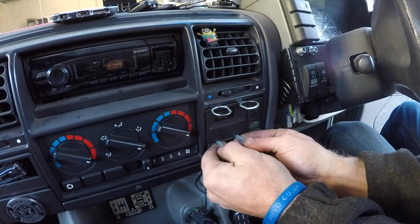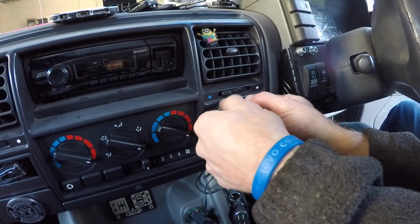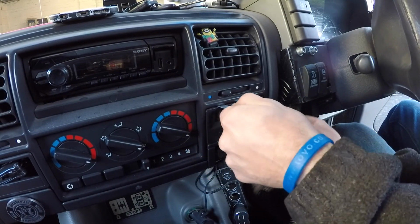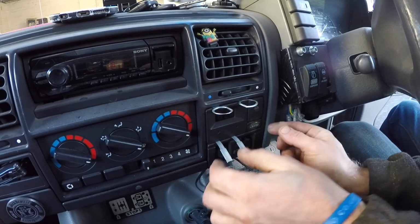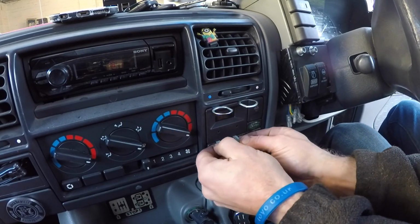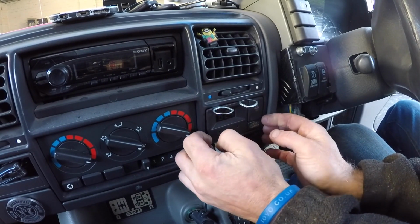Now it's just a case of wiggling a bit until it comes out. Yeah. It's coming. It's handy just having these radio tools. It's that thing of having the right tools for the job, isn't it? Because there's nothing worse than snapping off connectors when you're trying to get this kind of stuff out. It's coming, but